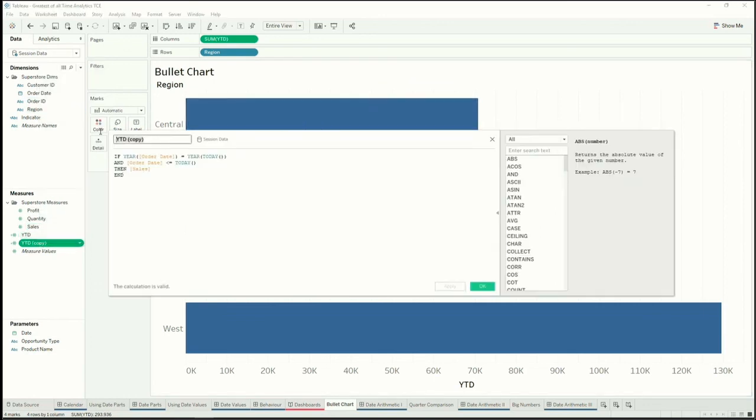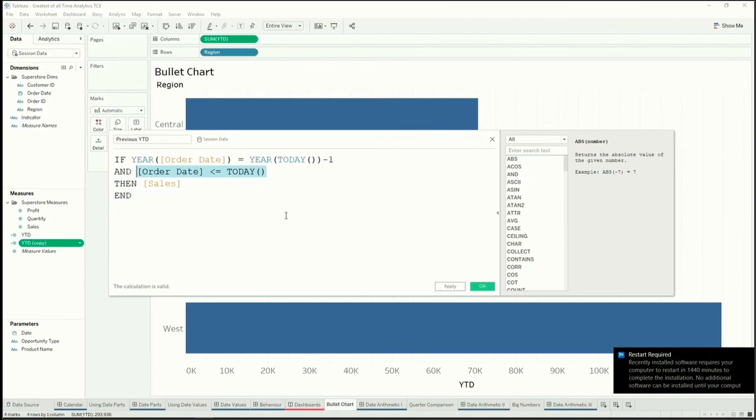I'll call it previous year to date. And here the conditions just need to be slightly different. So it needs to be last year instead of this year. How can we do this? We've already specified date part year, so what would be the easiest thing? -1, right? So now we're looking at only the past year, and the other challenge then, or the second condition, would be to have